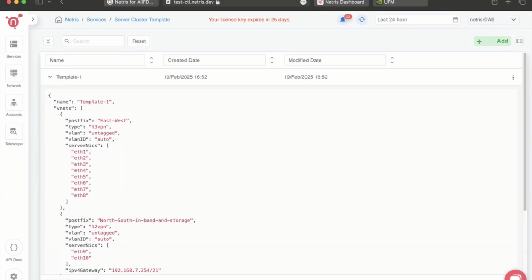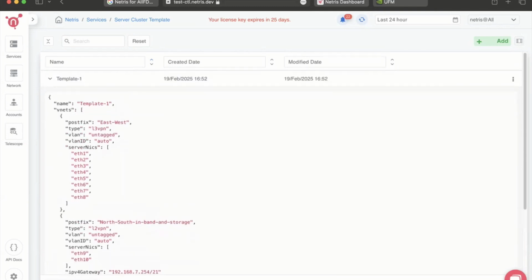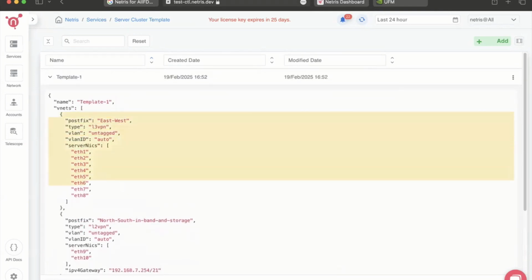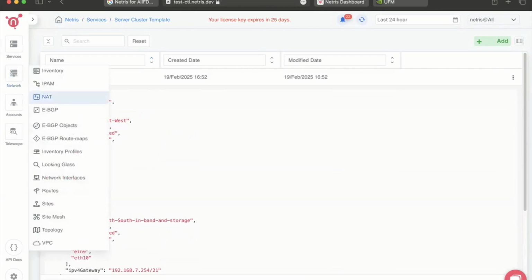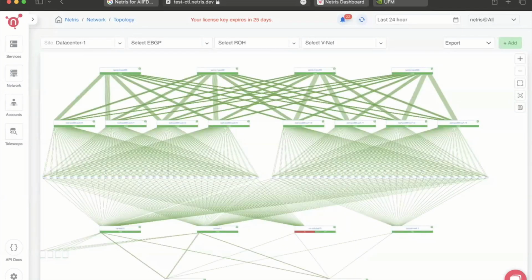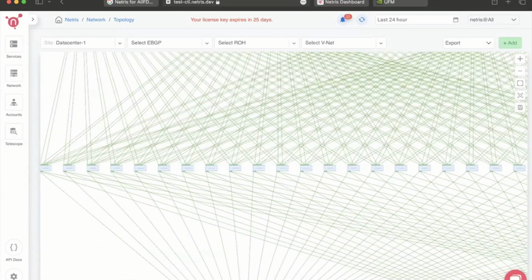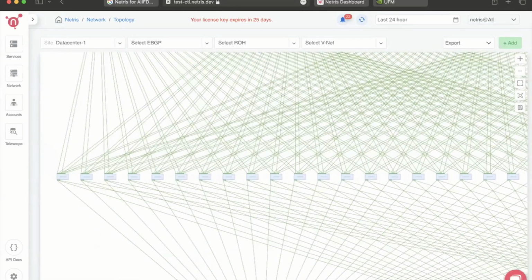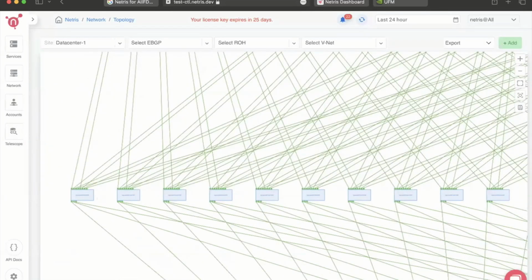These templates are fully editable by customers. This is just an example where I'm saying, go and find switch ports that are connected to ETH1 to ETH8 of any server in this cluster. Basically, for this cluster, I said server first for servers. The template is saying, go find which switch ports these cables are connected to, because you know the topology, and